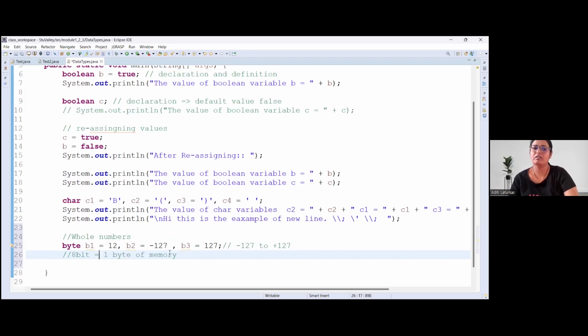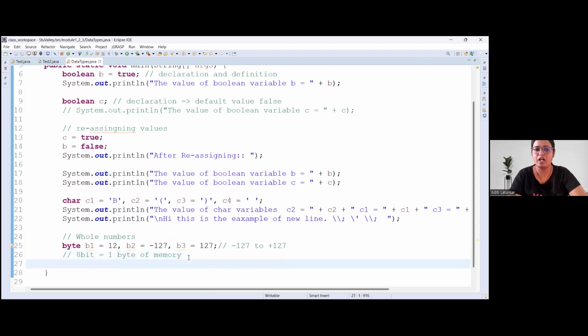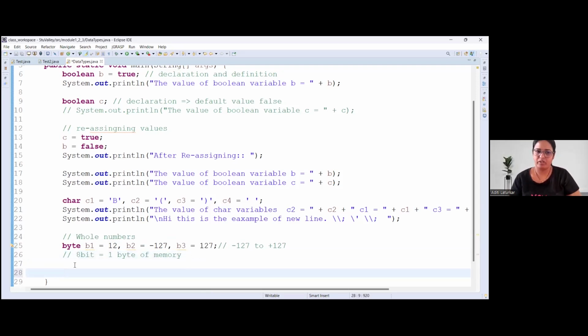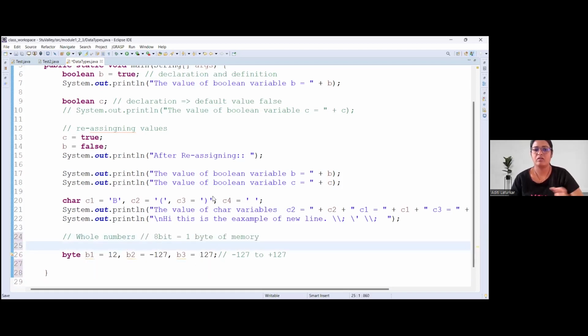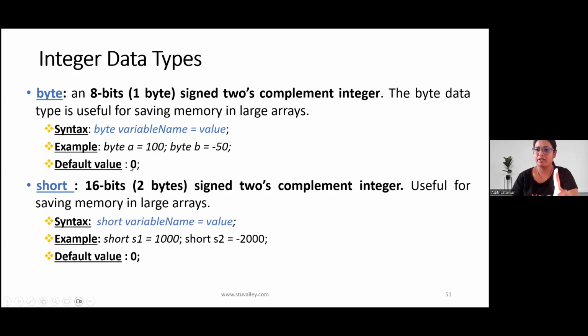Apart from other numerical data types, न्यूमेरिकल और डेटा टाइप्स के लिए सबसे कम स्पेस बाइट डेटा टाइप को लगता है. आफ्टर दिस बाइट, द नेक्स्ट डेटा टाइप इज शॉर्ट. ओके, सारे इंटीग्रल होल नंबर्स के लिए डिफॉल्ट वैल्यू 0 रहेगा. ओके, short data type requires 16 bits of memory, that is 2 bytes of memory, and it also stores 2's complement internally. Okay, so short is always